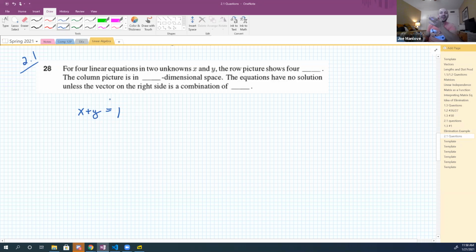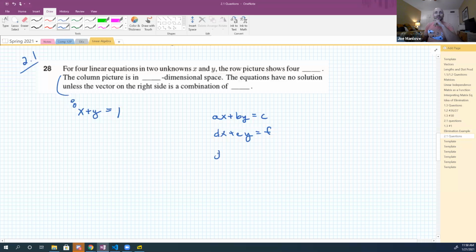All right, so yeah, this is some equation in two unknowns. Now, they say I've got four of these. So I'm going to put some scalars, right? So I kind of thought about an equation in four unknowns. Now, in order to have four, I guess I'm going to have like ax plus by is c, and let's see, I guess dx plus ey is f,